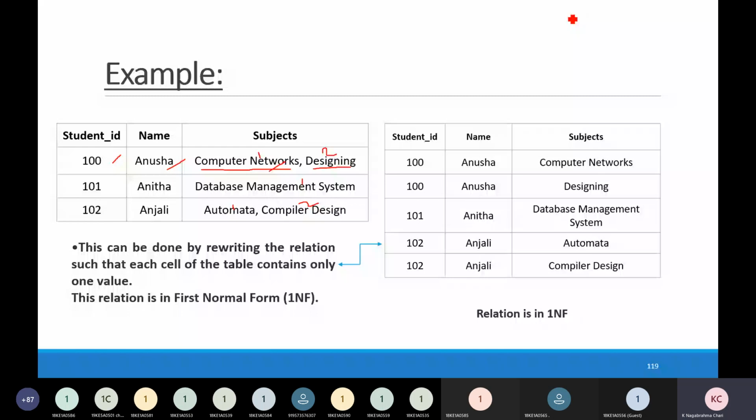This can be done by rewriting the relation with single valued attributes.